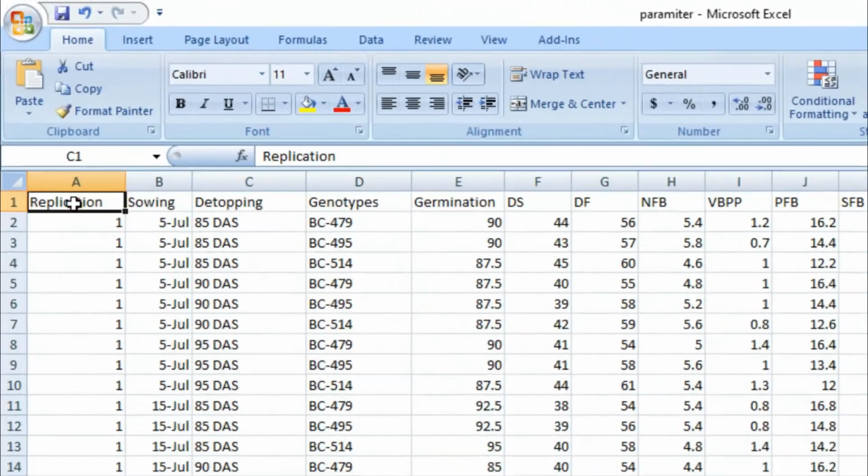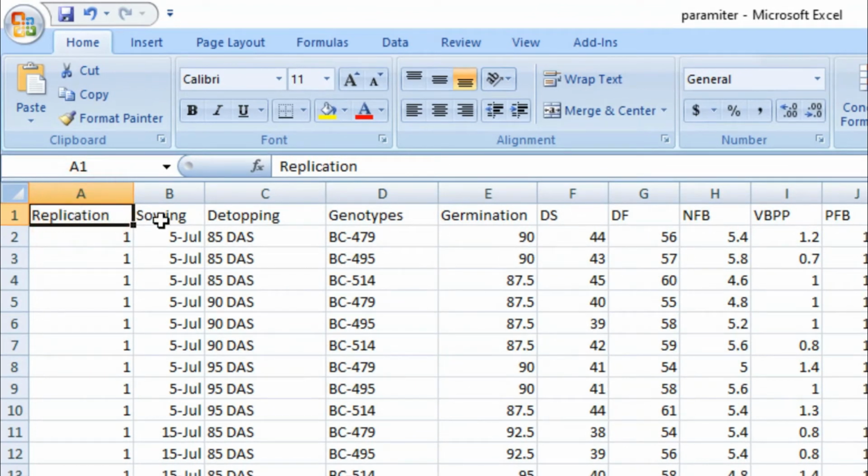First we have the replication, then factor A, sowing dates, factor B, detopping times, and factor C, genotypes, and then our dependent variables: germination, days to square, days to flowering, and so on. The first column D is genotypes: genotypes 1, 2, and 3, that is 479, 459, and 514.